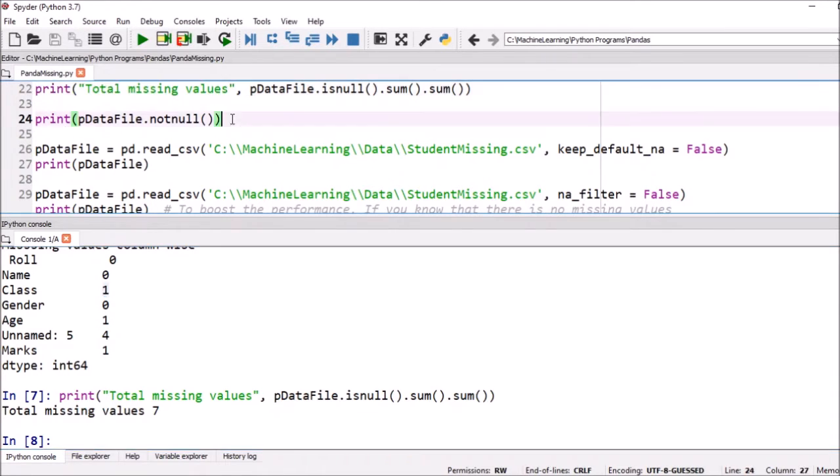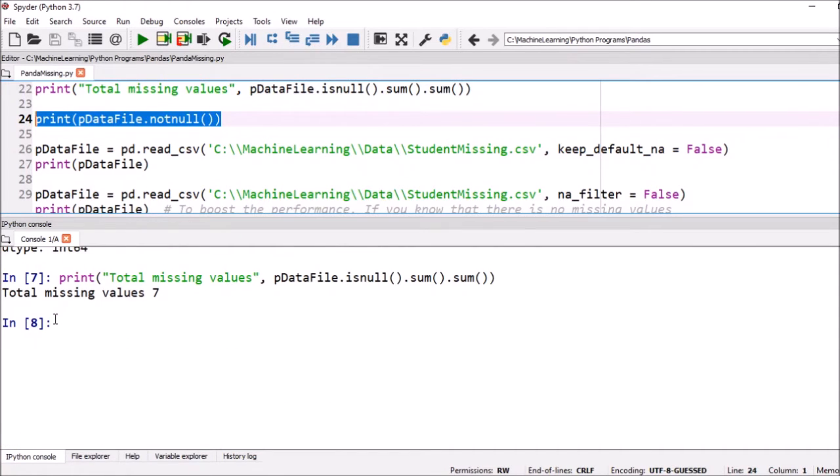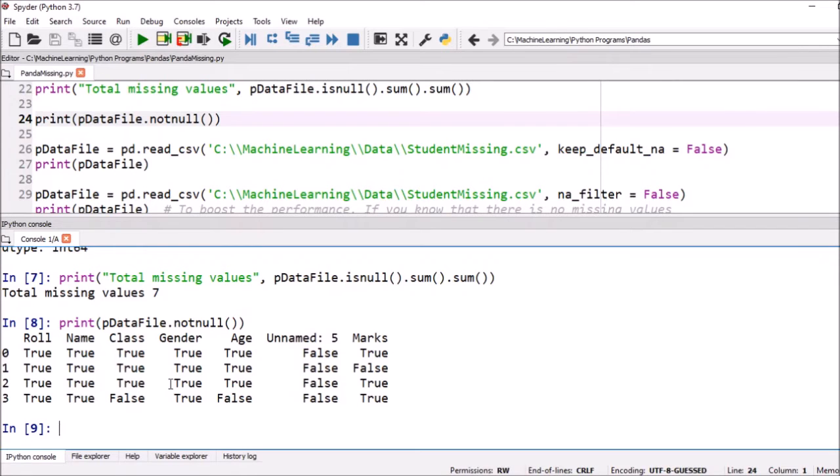Similarly, we can check whether a value is null or not null. If it is a valid value, then it will return true. If it is a null, then it will return false. So you can see here it is false, here it is false, and here marks is false, and all are false because all are null values. So if it is a valid value, it will return true, and if it is a null value, it will return false. So if you execute this particular line,